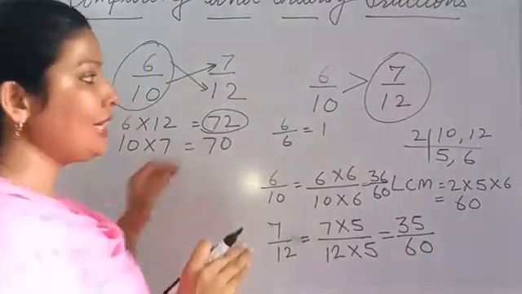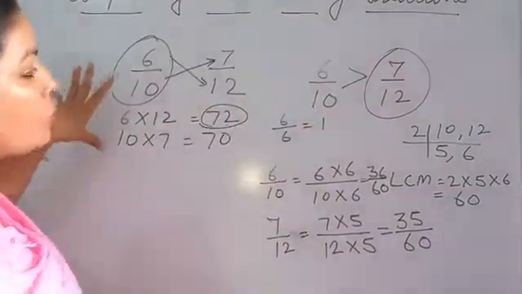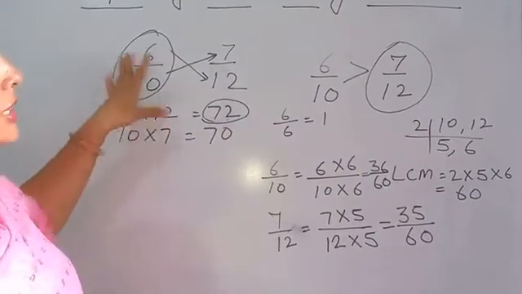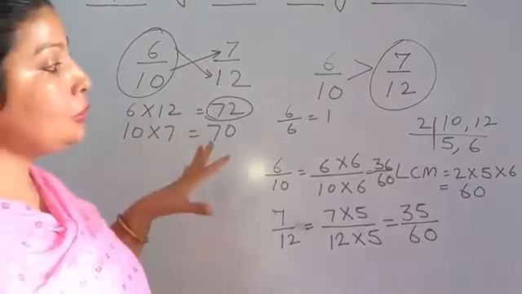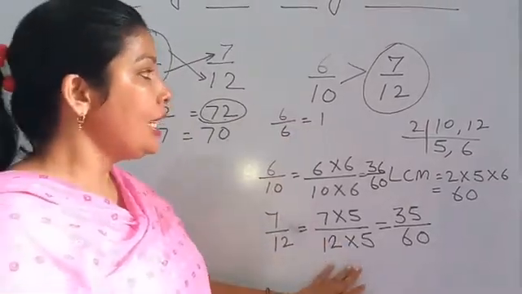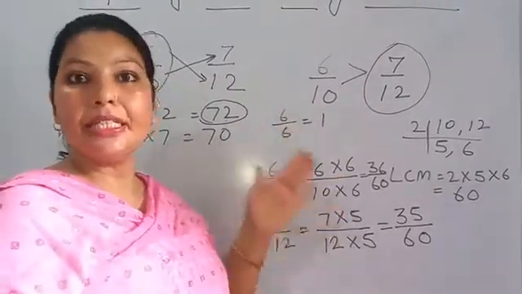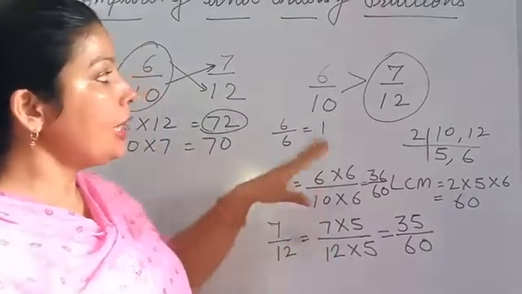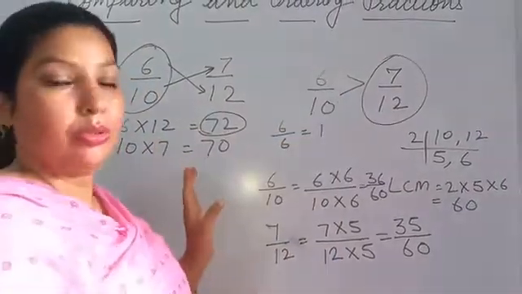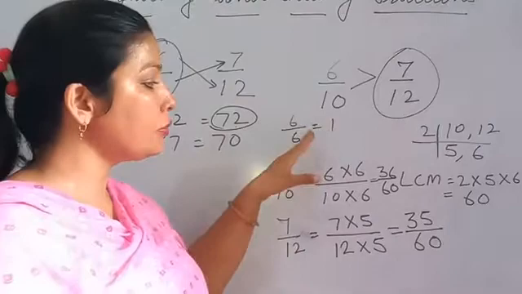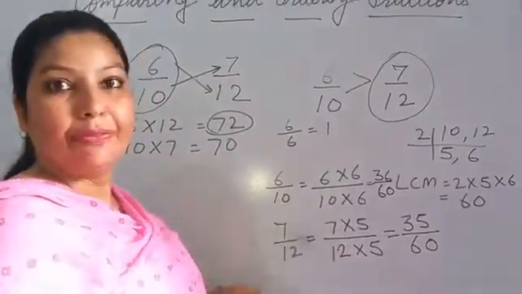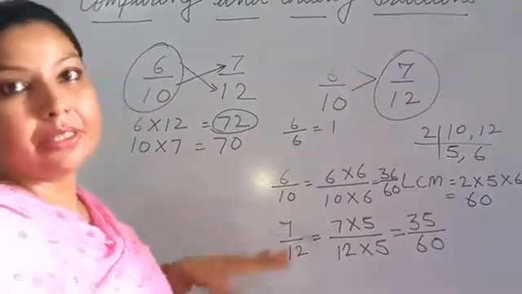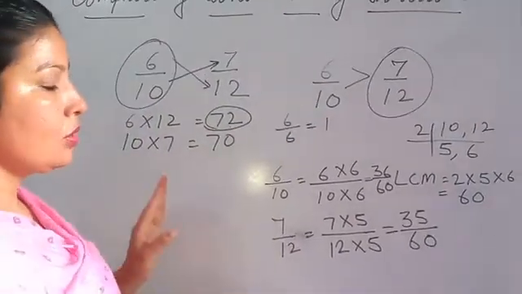जब हमारे पास unlike fractions हो तो या तो हम क्रॉस मल्टीप्लाई से कर सकते हैं, दो फ्रैक्शन को तो हम क्रॉस मल्टीप्लाई से भी कंपेयर कर सकते हैं. But when we have more than 2, we should change like this and then we can arrange in ascending and descending order also. Okay, and we can compare like this also. For ascending and descending also we will do the same process. We should change them into like fractions and then we will compare. Okay, so like this we will do.